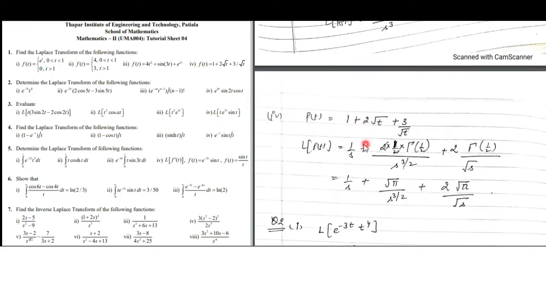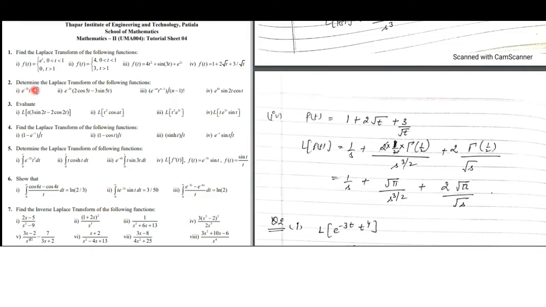Again, Laplace satisfies the linearity property. So we can find the Laplace of 1, then 2 square root of 2t plus 3 square root of t. Now just see what is the Laplace of 1. It is 1 by s. The Laplace of t to the power alpha is gamma of alpha plus 1 upon s to the power alpha plus 1. So here alpha is half, so we can use the recurrence relation. Gamma of half plus 1 can be written as half into gamma of half, and the value of gamma half is square root of pi. So simplify this. Similarly over here, simplify this, you get the Laplace transform of this function.